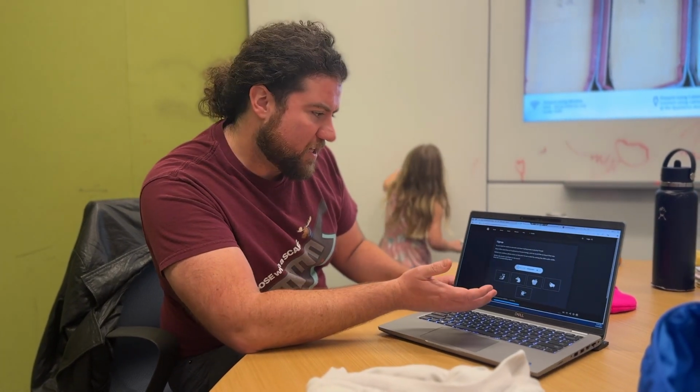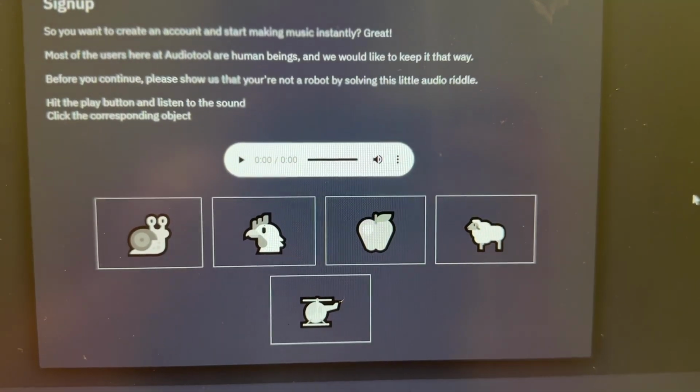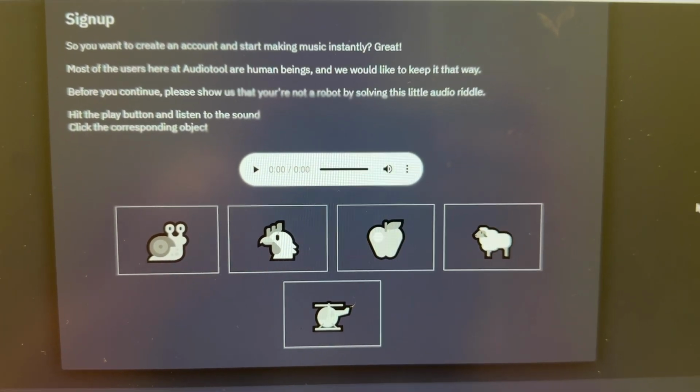Even to sign up for Audio Tools, which is a free DAW online, I have to hear a sound and tell what animal or object is making that sound just to sign up for an account, which I can't do because there's no speakers on this thing. So, yeah, this may be a flop.